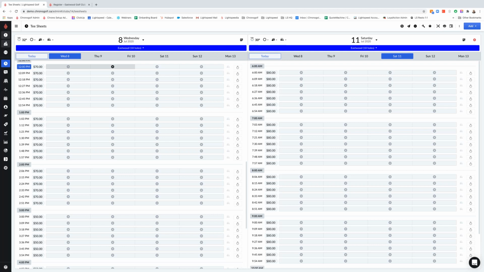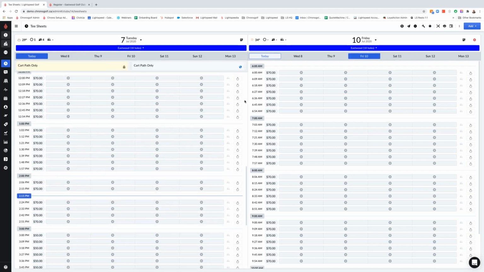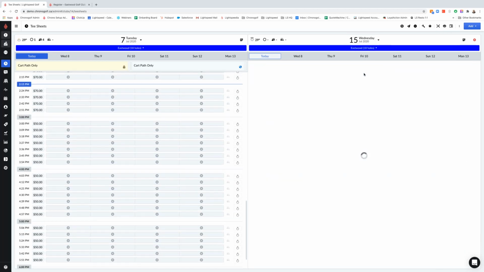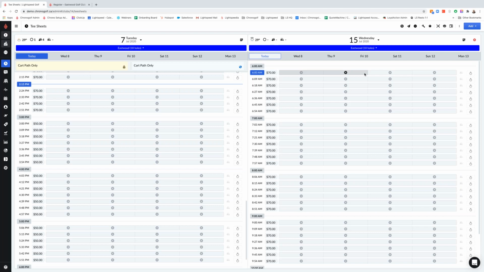If you want to keep it always on the same day, it's a really good way to have them dynamically adjusting as you make changes to your T-sheet. So if I go back to today, my right-hand side will update too. Now, if I change the date on the right-hand side, the same thing won't happen. The left-hand side really becomes your main T-sheet, and then the right-hand side is where you can be a little